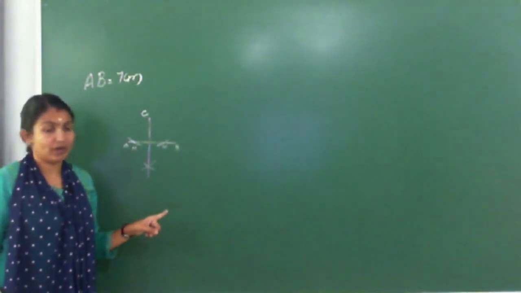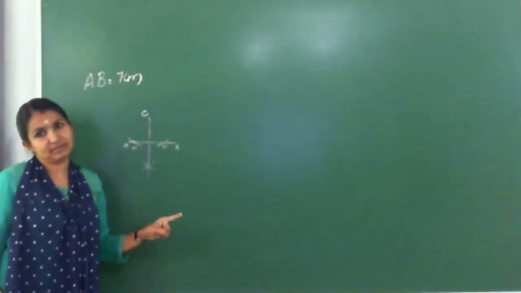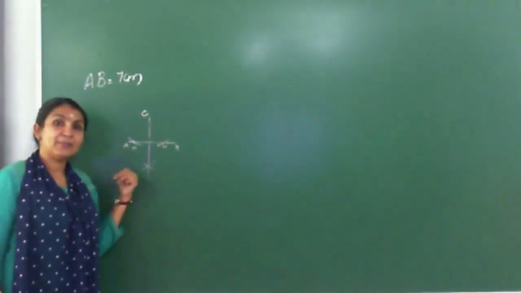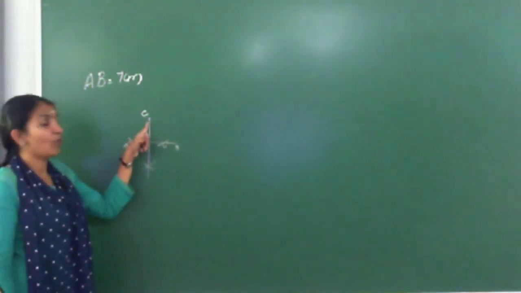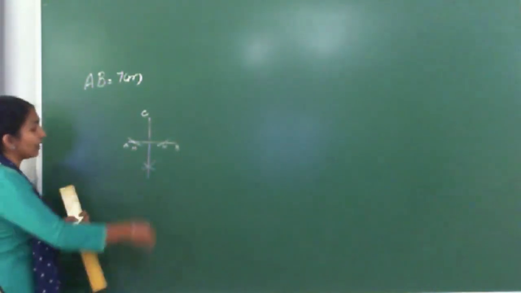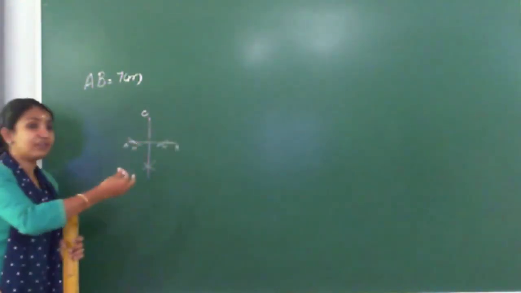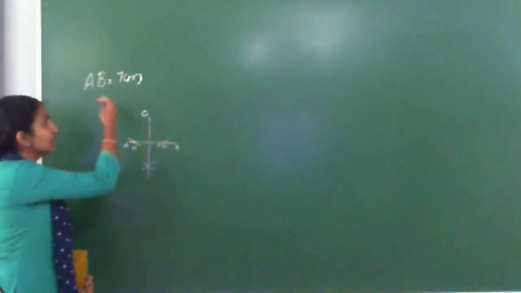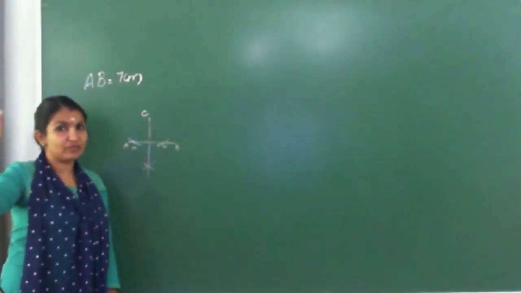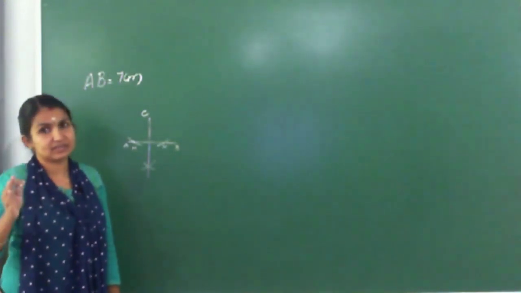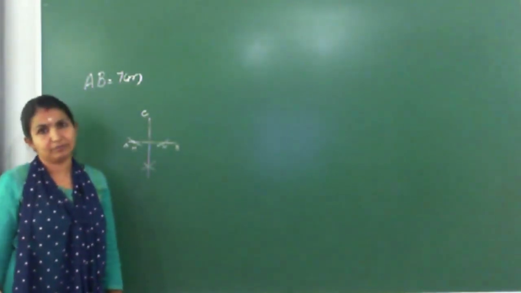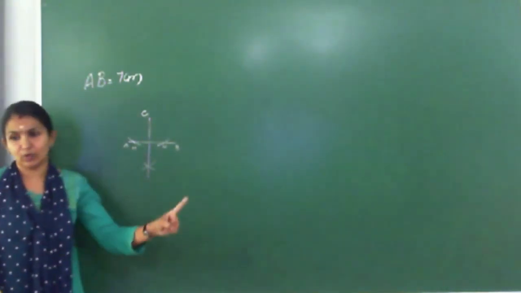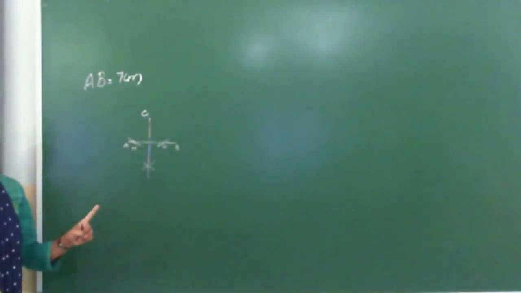Here we can understand that it's a perpendicular line, but always with this outside point, when we are drawing the perpendicular, it may not bisect the line. Bisect means both parts may not be equal; they may be different according to the point where we are marking. If you are marking somewhere to the side, definitely that line will come to the side. So when the point is outside, it won't be a bisector, it will be a perpendicular line only.